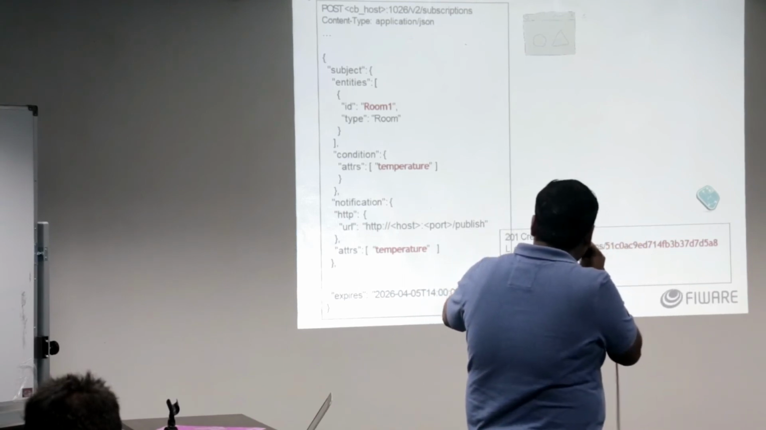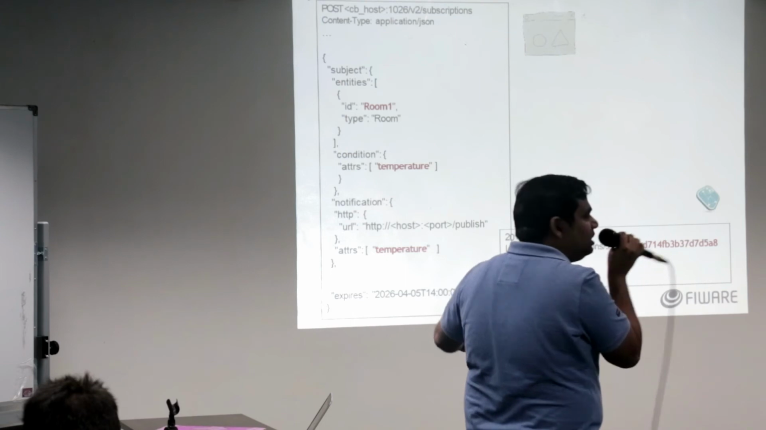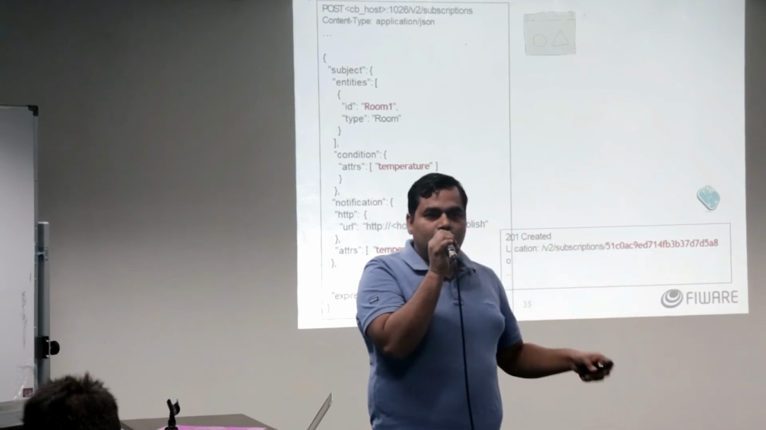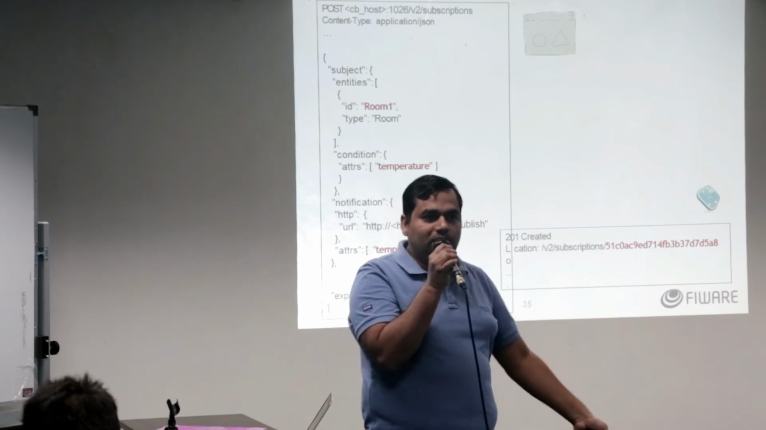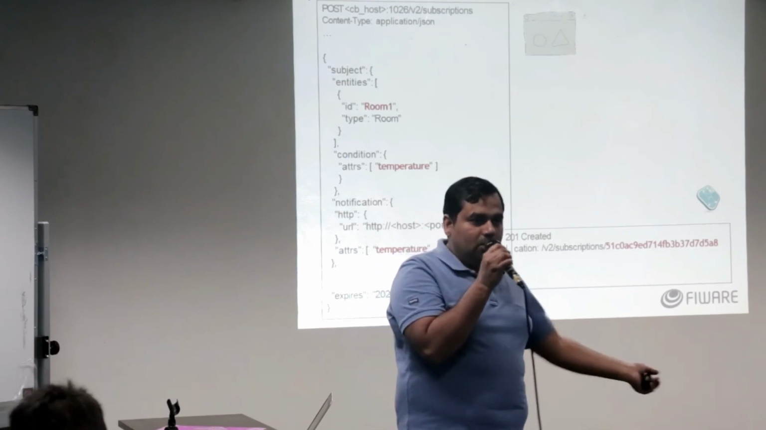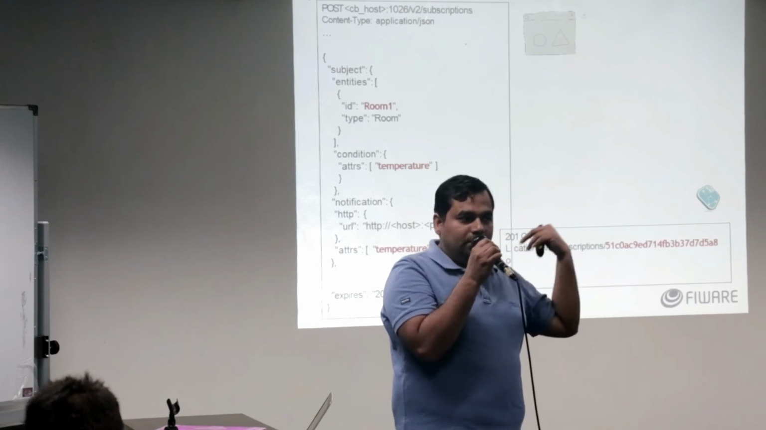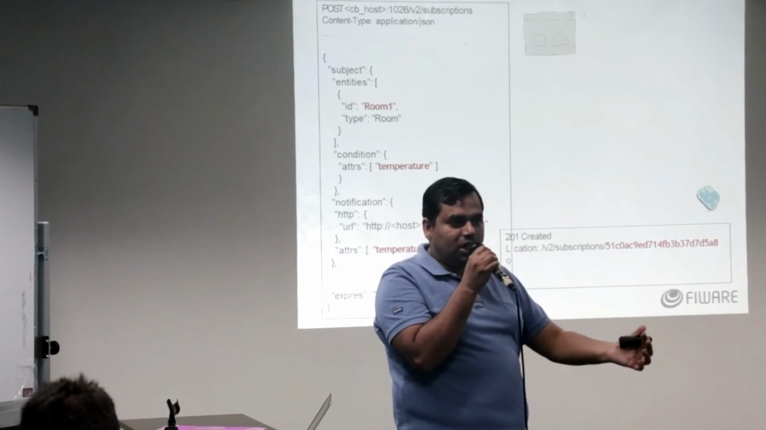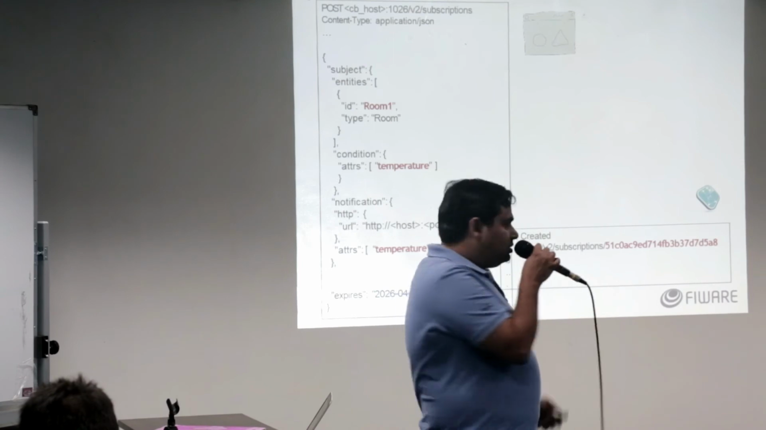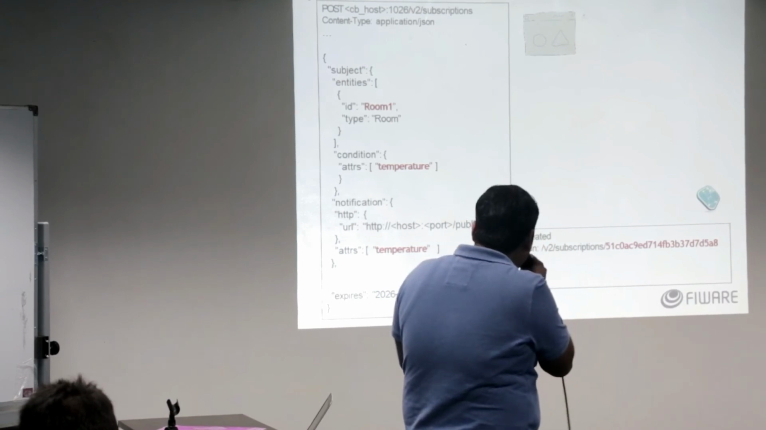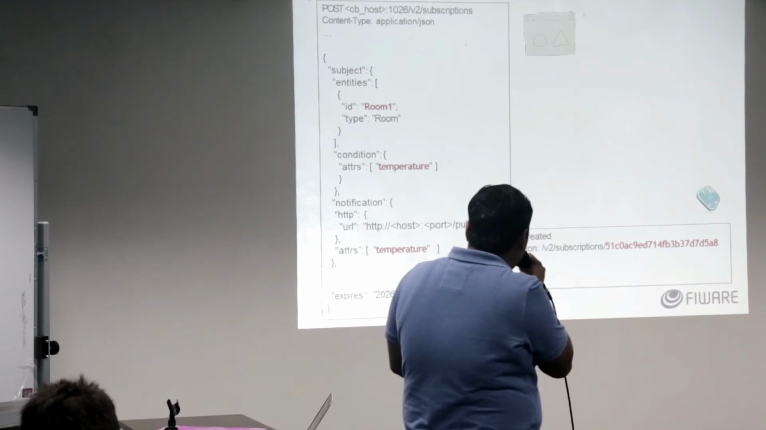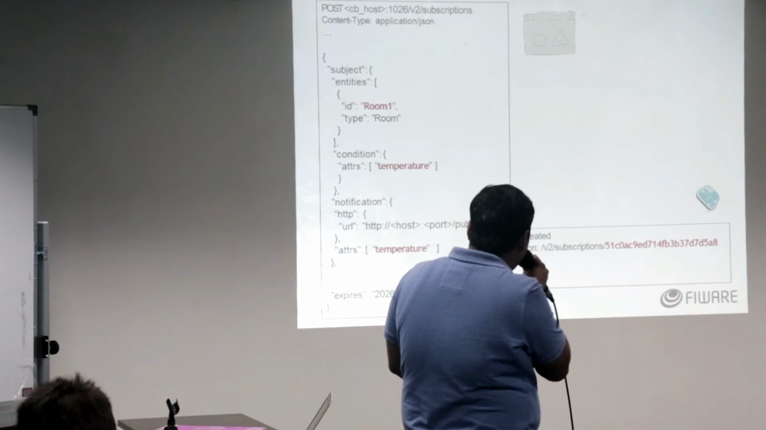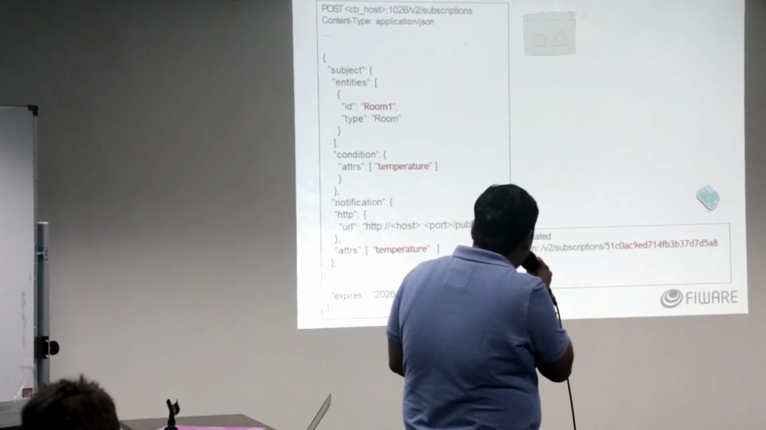Then there is another section here, notification, okay? So if there is a change, who do I tell? The context broker is asking that if there is a change in the attribute, who do I tell? So that is this URL you can see, HTTP host port /publish, attrs temperature. So as soon as there is a change in temperature, the temperature would be in a